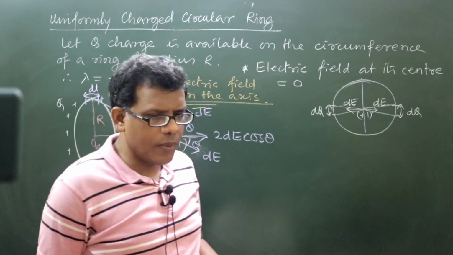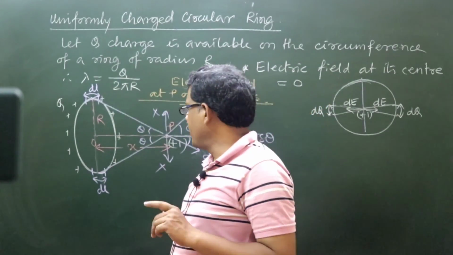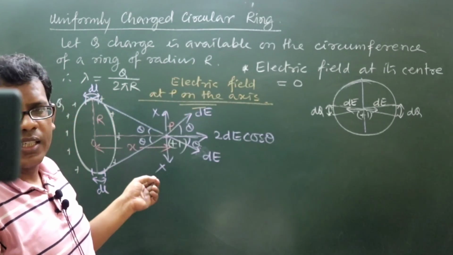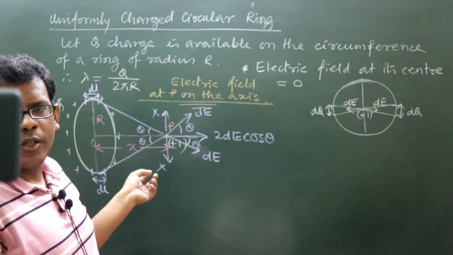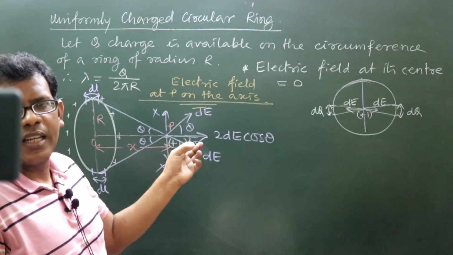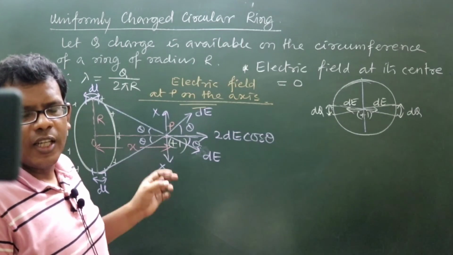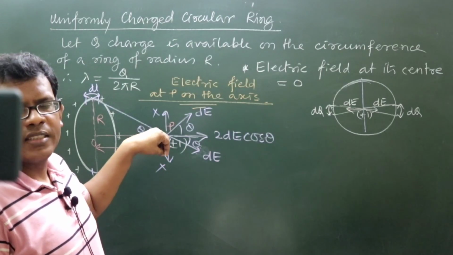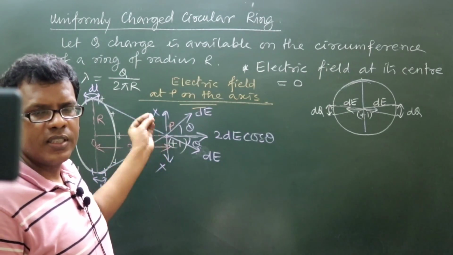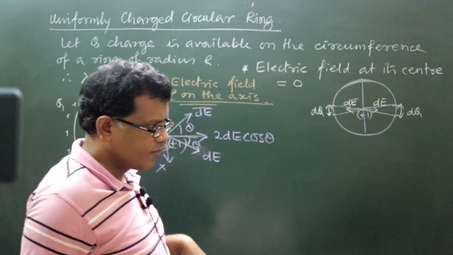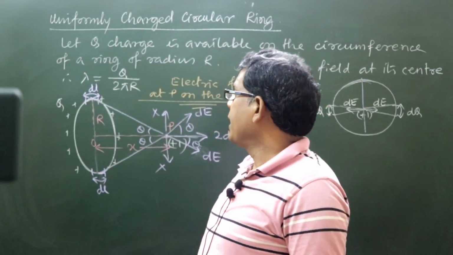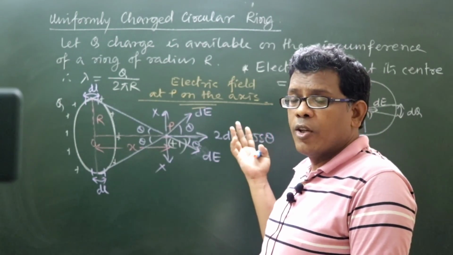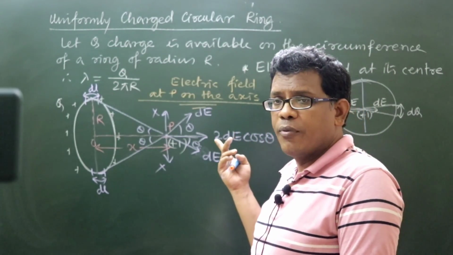So if one pair of diametrically opposite charge elements exerts 2D cos theta on the +1 charge at P on the axis, in the direction of the axis line, then all such diametrically opposite pairs of elements will behave in the same way on the +1 charge at P, isn't it? In the previous case, there also the result was coming 2D cos theta, but against each and every pair of symmetric